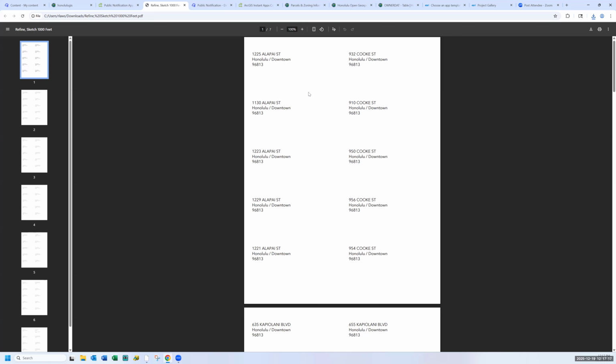So for instance, for the address points right now, we've enabled the geocode address field, which is basically the full number of the address along with the street name, like 1225 Alapai Street. We have the city attribute field enabled, and we have the zip code. If in the future people find that that's not sufficient and they want additional information, they can email us and let us know what they're looking for, and we'll see if it is an attribute field that we currently have so that we can modify the pop-up, and that way that would get included in this list that gets generated.